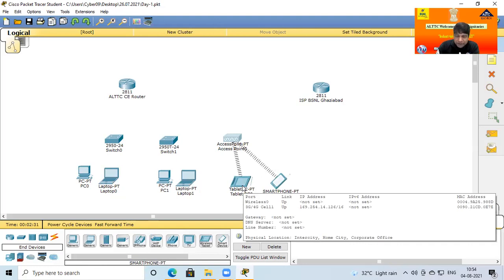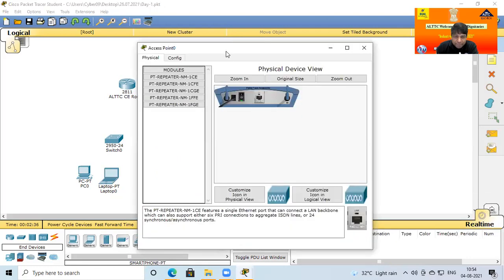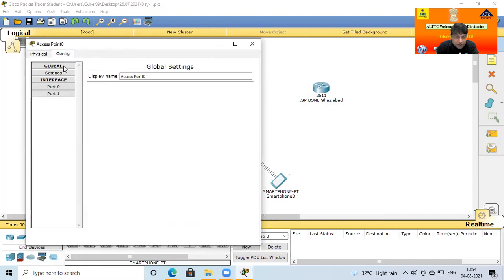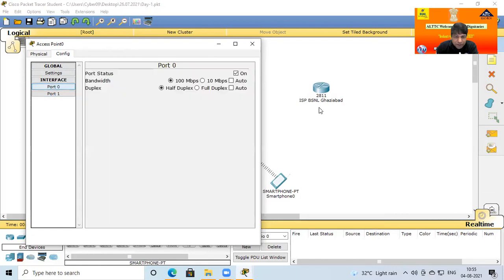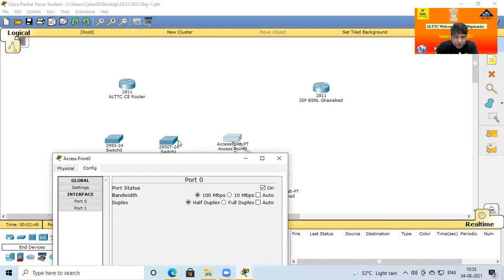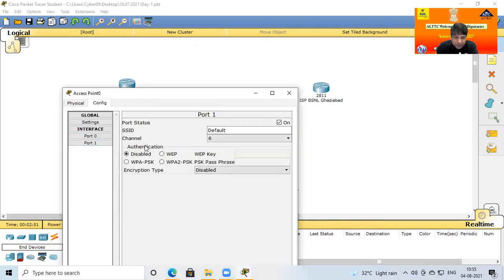So for example, in the simulator, how to make security: just click on this Wi-Fi and go to Config. We have a lot of options, Port 0 and Port 1. Port 0 is by default the port from the switch to this Wi-Fi, and Port 1 is the wireless. So for the SSID, if you want this Wi-Fi in the college campus to be shown to the user, give any name. Here the name is Helica. Okay, I just give that. And what password?